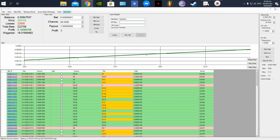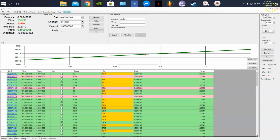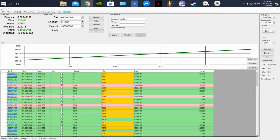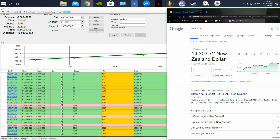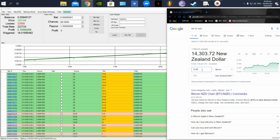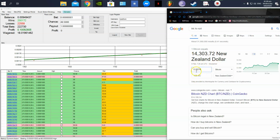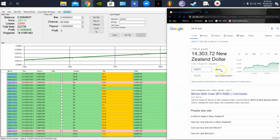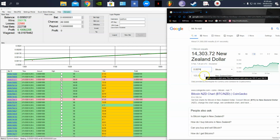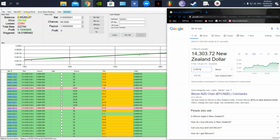Alright guys, as you can see, it's now 8:28. Up here is the 5th of February 2020, and as before, we started with 0.0074 in bitcoins, which is $105.85. If you look to my left here on my balance, over time we have made